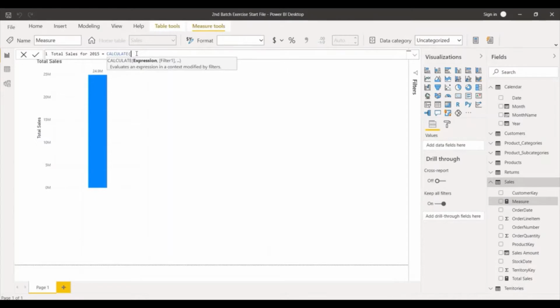We have already created a total sales measure. Friends, there are two ways, and this is important. You can call and refer to the total sales measure you already created, or you can add up that particular formula again here.